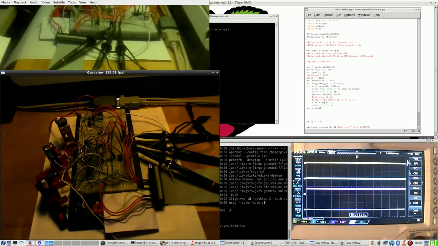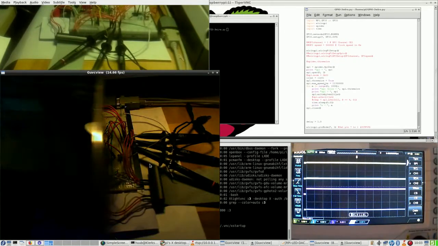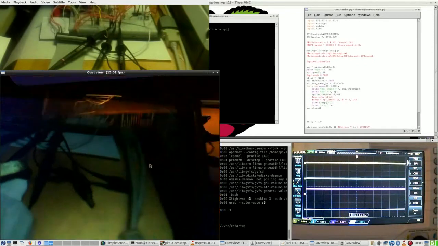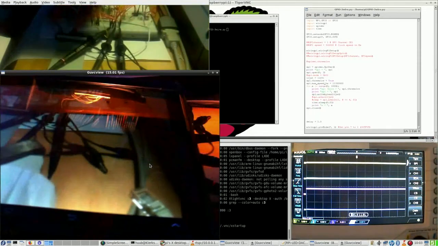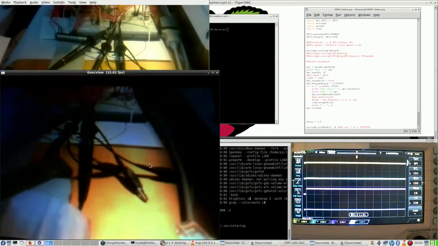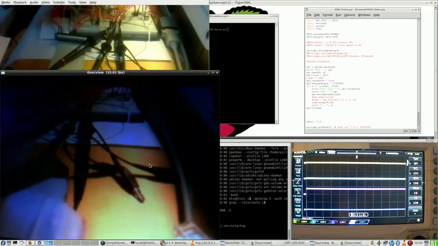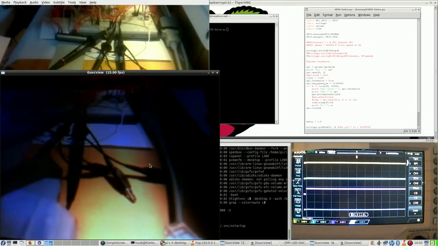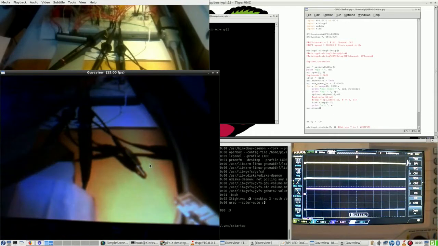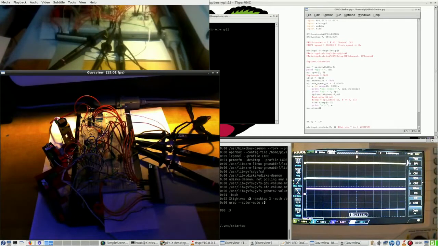So right now, and let me turn the light away, further away, this is now where you can see on the tablet the same stream as above. So this is just working. And that is one thing. Also working